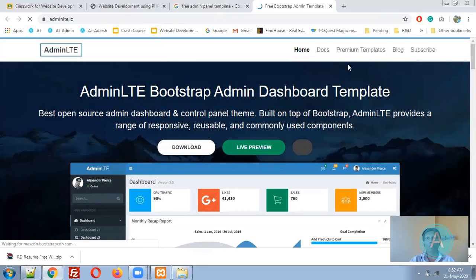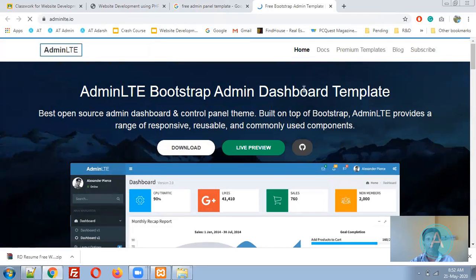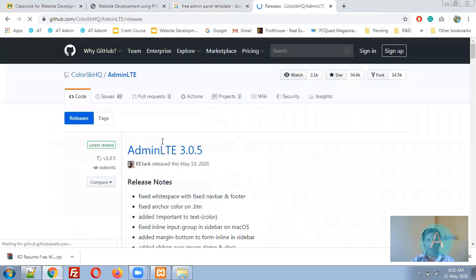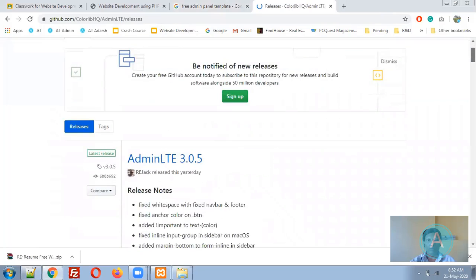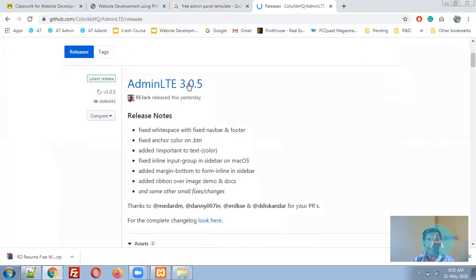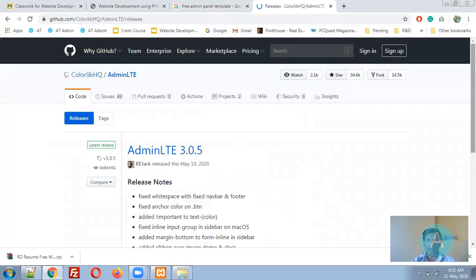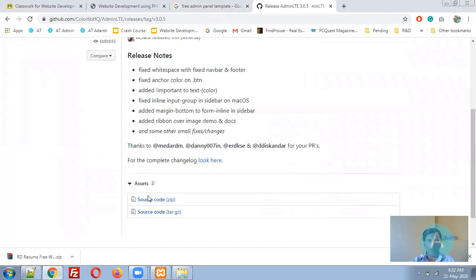So how to customize the things on AdminLTE? I am clicking on download options. AdminLTE 3.0 version, source code. It is up to 23 MB. It contains so much information.